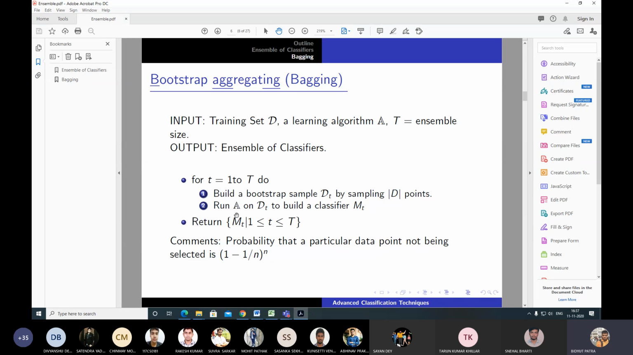Now you run A on Dt to build a classifier ht. So please note that you should take a classifier which has accuracy above 50%. If any classifier's accuracy is below 50%, you cannot take that classifier. Otherwise, you need to change the data set. Okay. So run A on Dt to build a classifier and finally return the whole set of